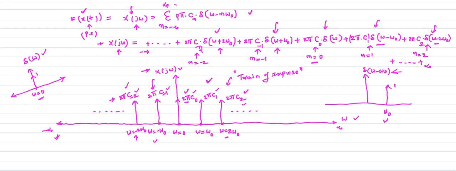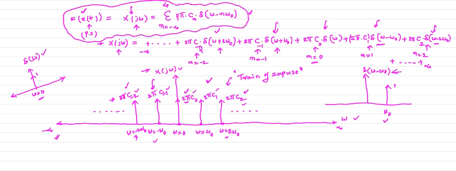You just remember this expression. This is the Fourier transform of a periodic signal. Next, if you want to derive the Fourier transform of a periodic signal, you must first know the fourth property of the Fourier transform. Which is the fourth property? That is the Fourier transform of the complex exponential signal. If you don't know that property, it is not possible to find out the Fourier transform of a periodic signal.